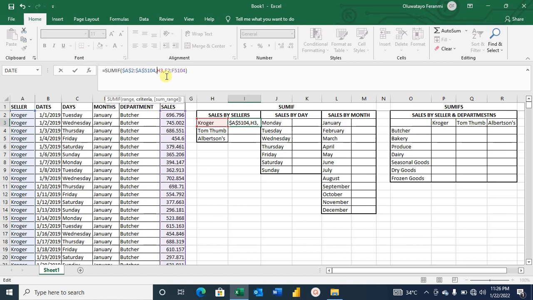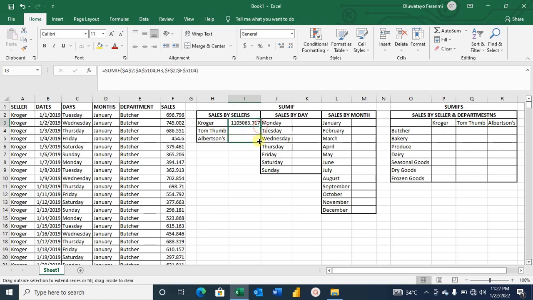But for Kroger, we want the cell to change depending on where the formula is. So we are going to leave this one in a relative format. Then we want our sales region to remain, so we're going to put the dollar sign as well. So then it is perfect now. So you can easily apply it. Then you have a correct